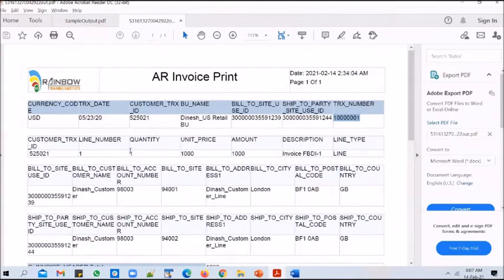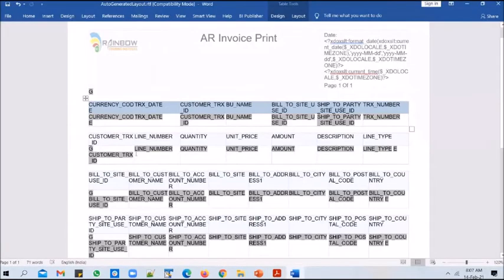So there should be a way to tell RTF that there could be multiple lines, so please loop through the lines query and print whatever lines are there. We need to basically loop through the lines query and print all the lines here. The header row is the same, and there's no change for the lines query as well.